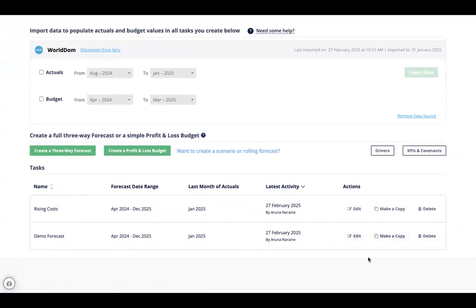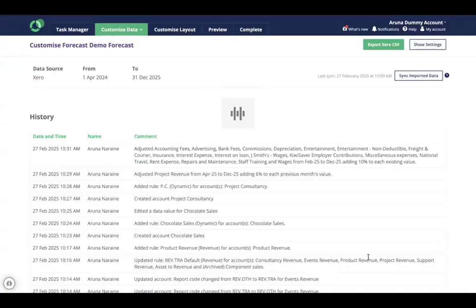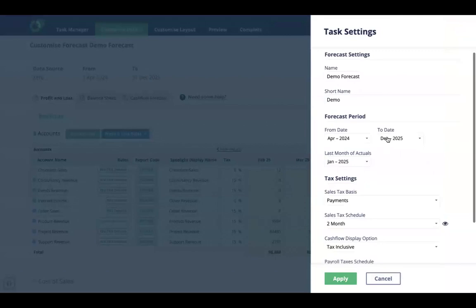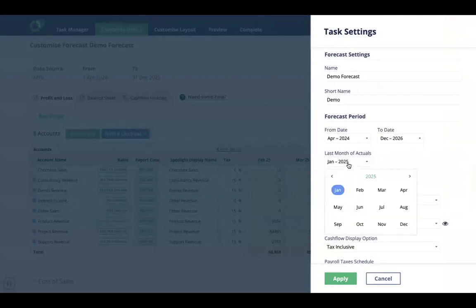To do that, we're going to go ahead and select Edit, and we'll come over here to Show Settings. And it's really simple. All you have to do is roll it forward. So I'll come over here. Maybe I want to make this to December 2026. I could change my last month of actuals. I don't have any other actuals as of right now, but I could change it to, let's say, January 2026